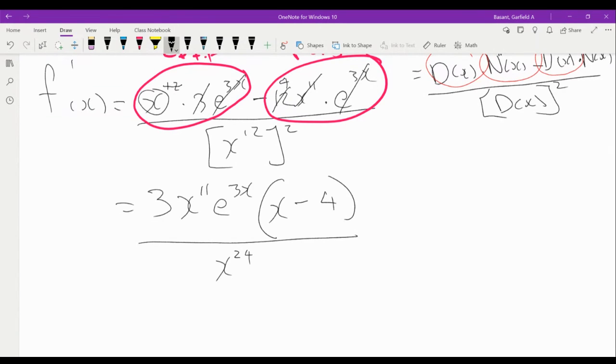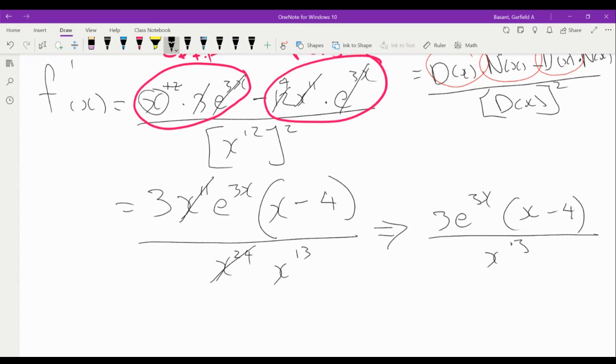We can simplify the x's. I agree. So we have 11 x's on the top and 24 on the bottom. So if we cancel the 11 on the top, how many do we have left on the bottom? 13. So we have x to the 13 on the bottom, which is our final answer. So we have 3 e to the 3x times x minus 4